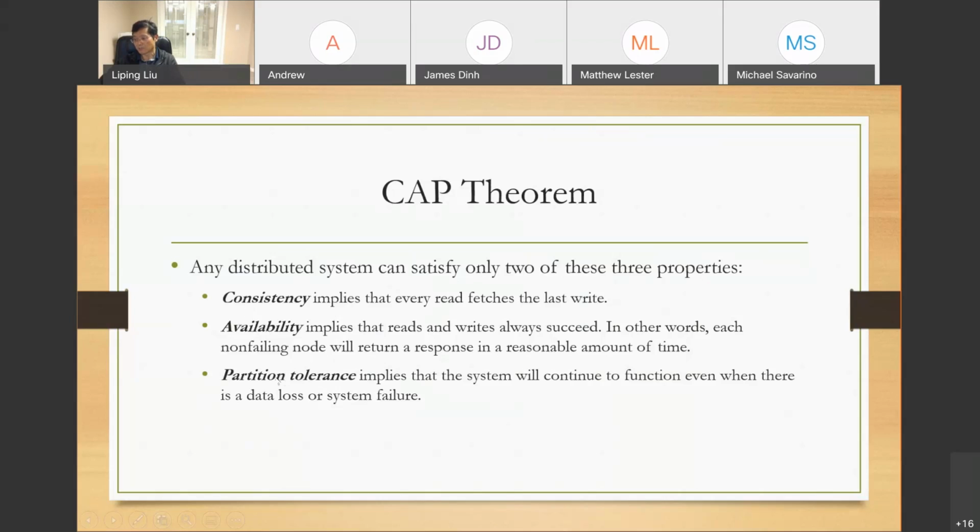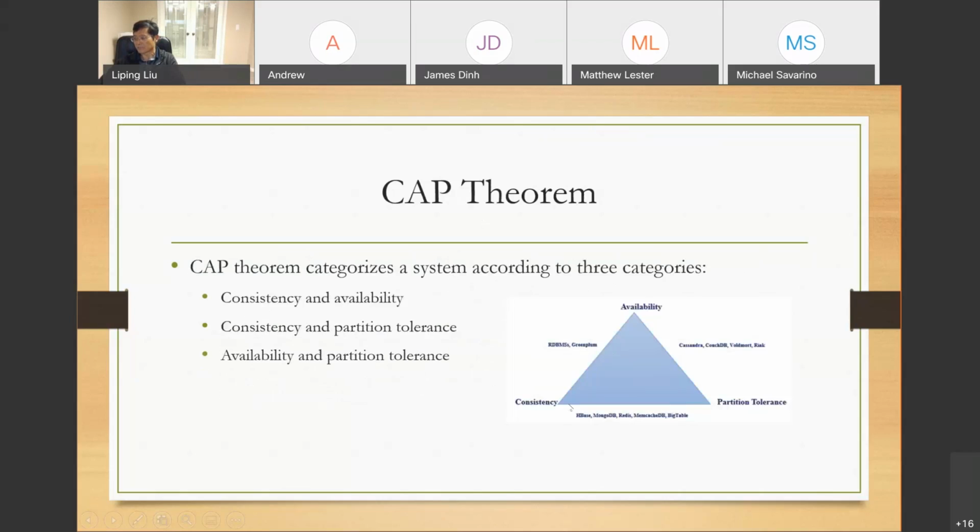And also tolerant to errors. But unfortunately, any distributed system can only achieve two of these properties. You cannot get all three properties satisfied at the same time. Okay, and according to this CAP theorem, this is a classification of different